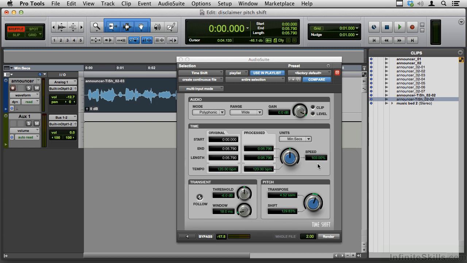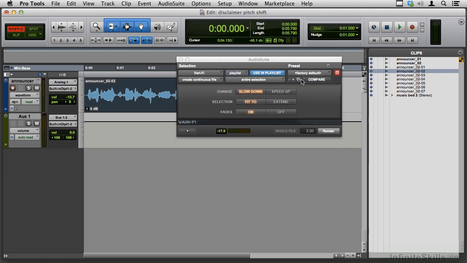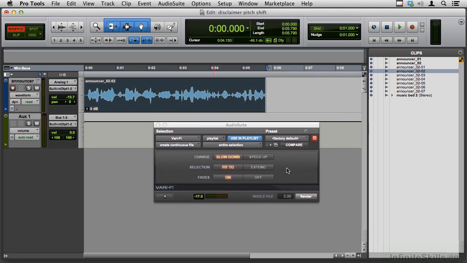I have to show you one more plugin while we're here. Let me undo this, Command-Z. Now I'm back to, there's a style of, and there's this very cool plugin in here next to Time Shift. If I go down here to Verify, I can slow down, fit to, it's easier if I just play it for you. Let me just render this, and you'll see what it does. There's a style of performance in voice acting, and you can't tell where